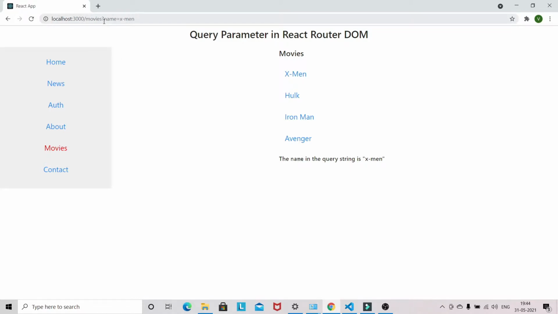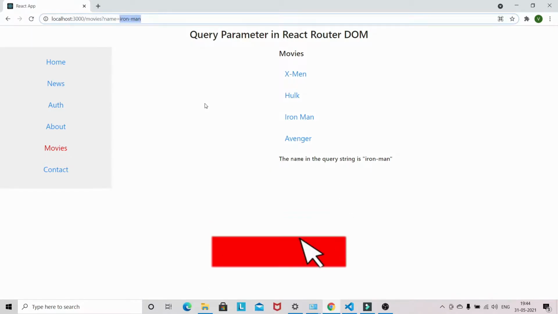So question mark name equal to Iron Man, that actually represents a query parameter, and how you can extract the name only, like this Iron Man or Hulk or whatever. So whatever the string is there in the query parameter, how you can extract this query. We are going to see in this video, because sometimes you might need to extract this query.